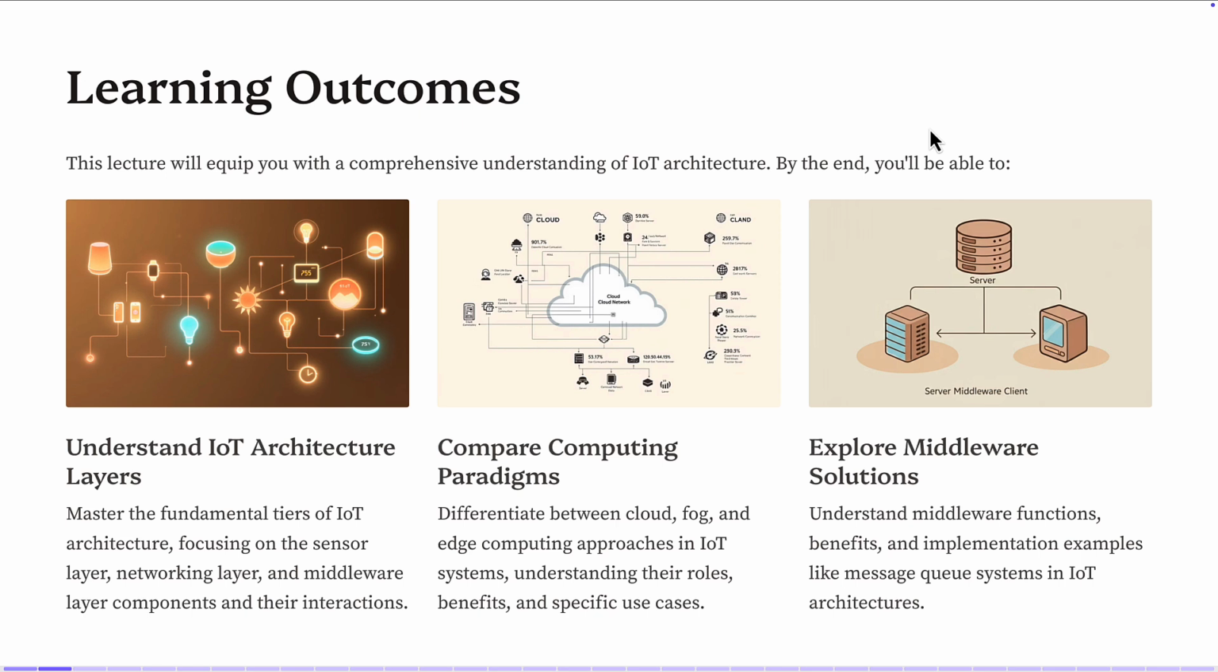So the learning outcome of this lecture: first of all, you will understand the IoT architecture layers, including the sensor layer, the networking layer, the middleware layer, and the interaction. Why do we need all these different layers to build an IoT application? Because building an IoT application means we're talking about a huge scale of a lot of sensors sending data to servers, and we need to analyze this data, visualize this data, and share this data among several different